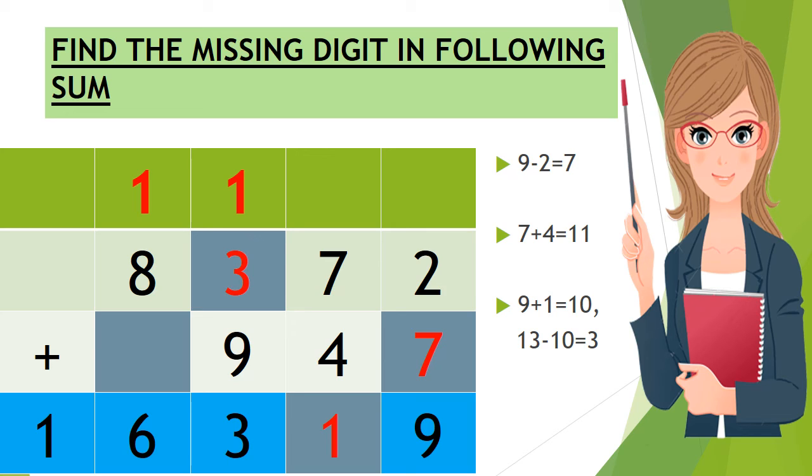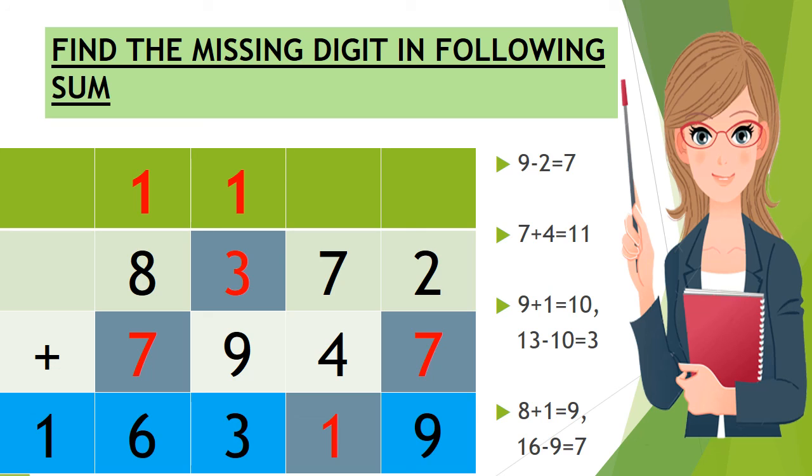So 8 plus 9, and since we add the carryover number also, one of the digits is missing. So what we will do? First we will add 8 plus 1 and get 9, and this 9 we have to subtract from the digit given last in the sum column. We are getting 16 after adding a digit to 9. So what to add to 9 to get 16? For that we have to subtract 9 from 16 and the answer is 7. So you have to write the missing digit 7 in the missing column.